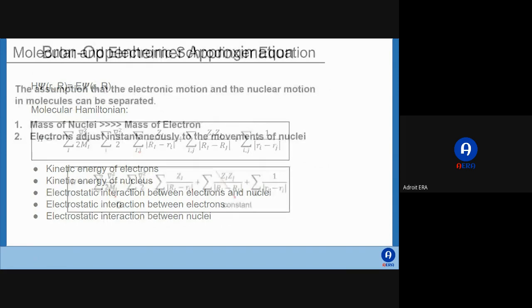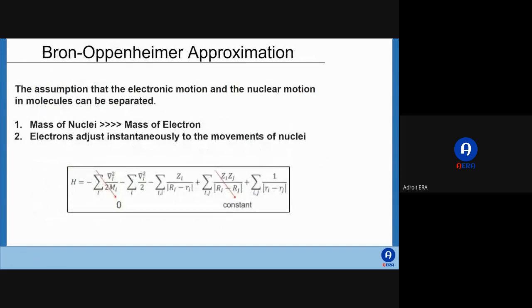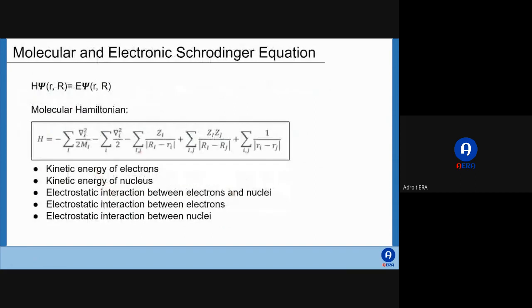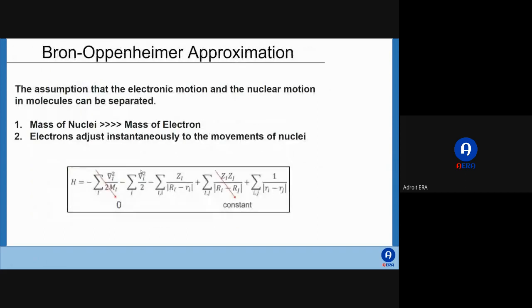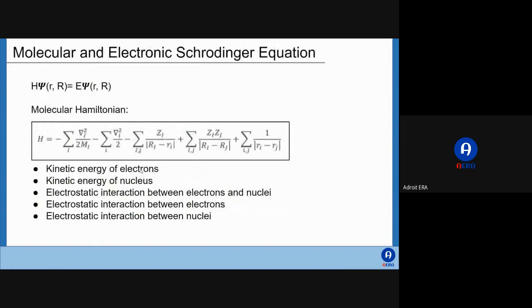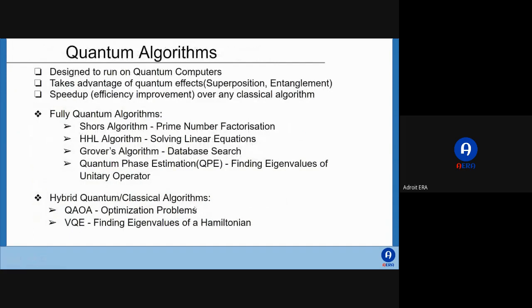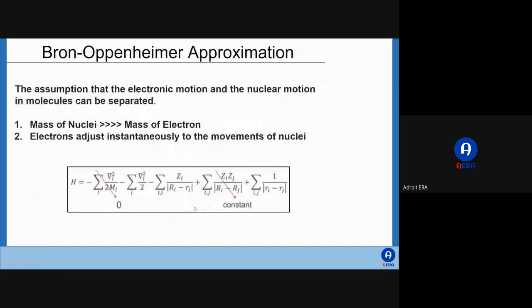So what the Born-Oppenheimer approximation says is, when the mass of nuclei is greater than the mass of electrons, then you don't need to consider the kinetic energy of electrons. So the kinetic energy of electrons, you can ignore. Okay, and also it says that electrons adjust instantaneously to the movements of nuclei, which means that the electrostatic interaction between electrons is constant. So when it is constant, you can ignore that. Okay, so what we do is, taking the Born-Oppenheimer approximation